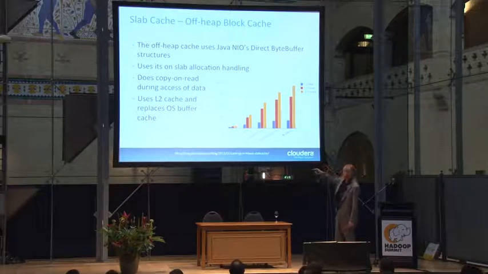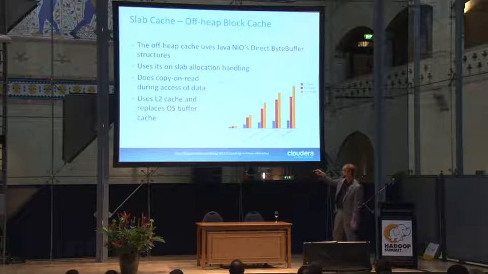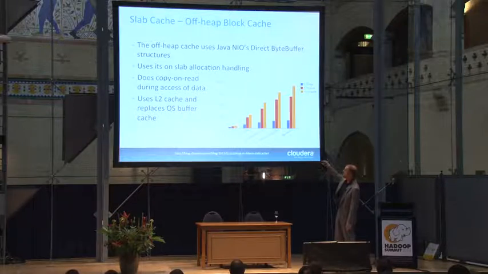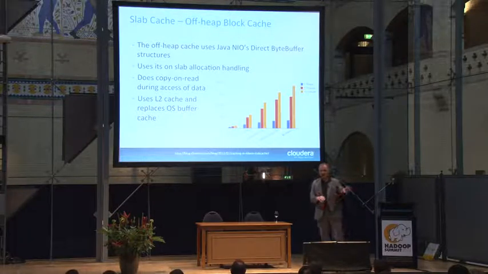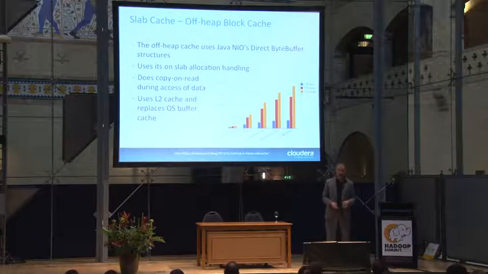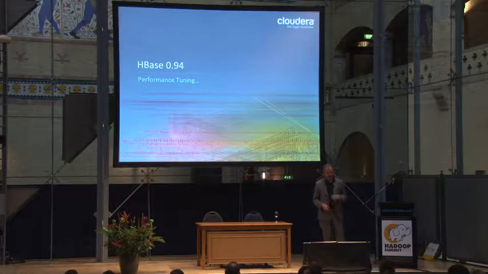But if you look at what the system cache is doing, the operating system cache, if you would just say, I disable caching, that's here basically the file system cache, which is much slower. So if you compare this, there's a difference. It's in between leaving it up to someone else and keeping it in memory. But it's a choice. If you have trouble with garbage collection, you might want to look into this.